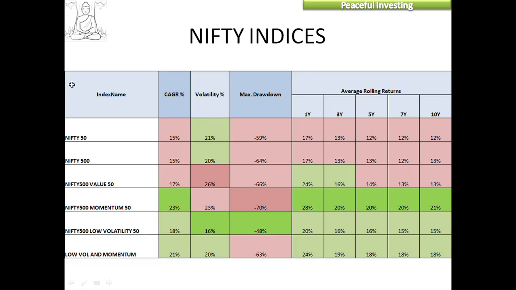So this was the maximum drawdown, and I believe it is because of such maximum drawdown figures that people prefer not to invest in equities. But let's look at whether we can do something better over here, because we see higher returns as compared to fixed deposit. Over here we see a CAGR of 15%.